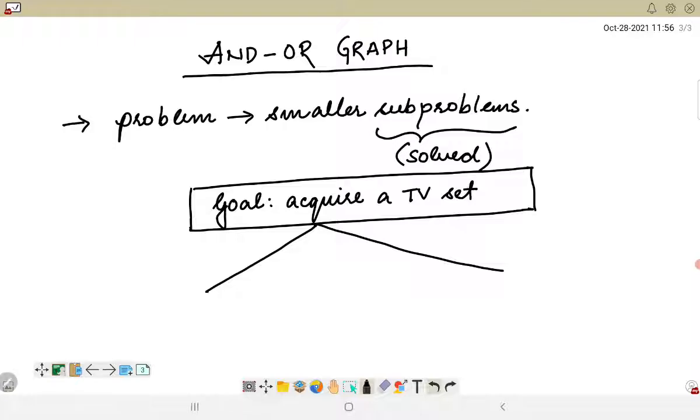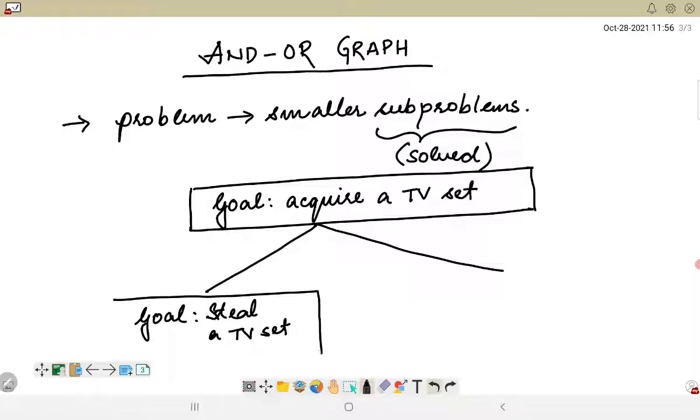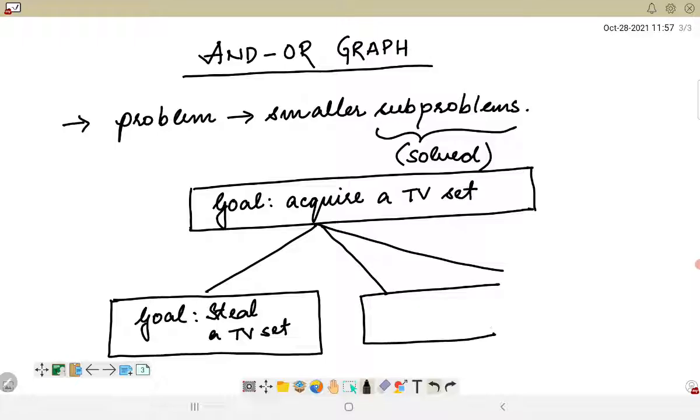The first and one of the easiest forms is if I steal a TV set. So steal a TV set. So this is the first possible option which is there. And the second possible option is what? I have to have enough money to buy it. So in order to acquire a TV set, I have to buy that TV set, and in order to buy that TV set, I have to earn some money. So the second option will involve two activities. One goal would be to earn money,